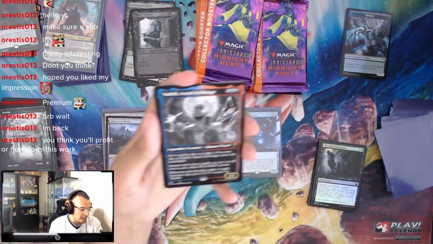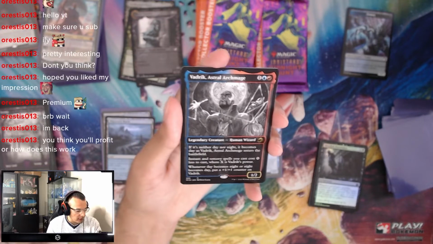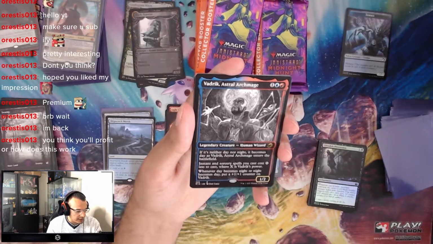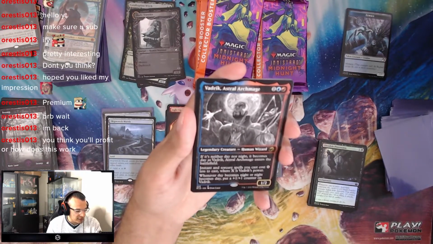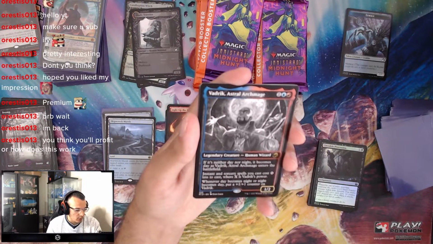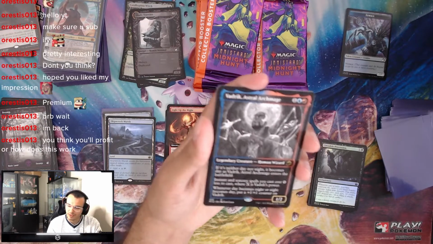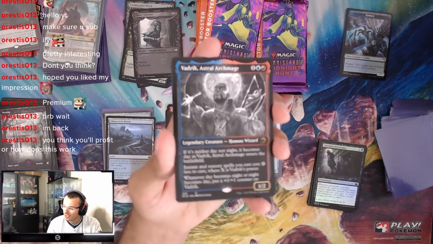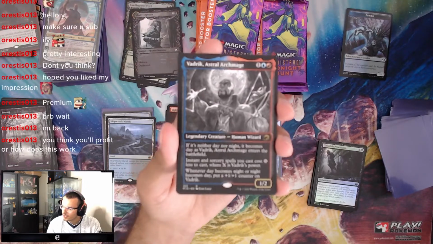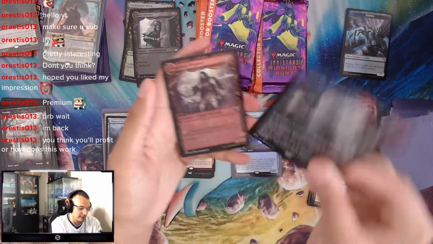Tireless Hauler. And we have Vadrik, Astral Archmage. If it's neither day nor night, it becomes day as it enters the battlefield. Instants and sorceries you cast cost X less to cast, where X is Vadrik's power. Whenever day becomes night or night becomes day, put a +1/+1 counter on it. So that's the new mechanic, day or night from Innistrad. That could be sweet. This doesn't transform or anything like that, but...